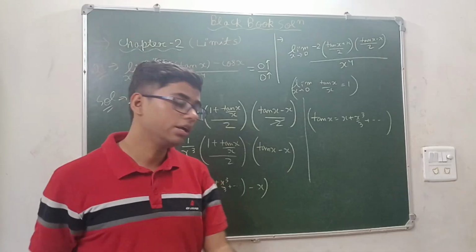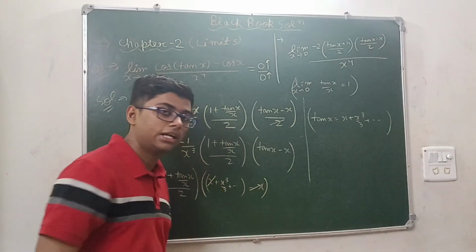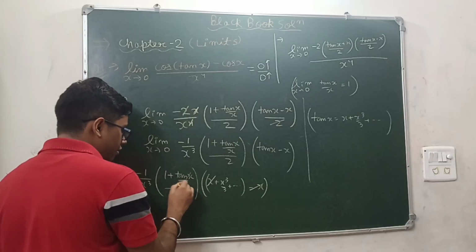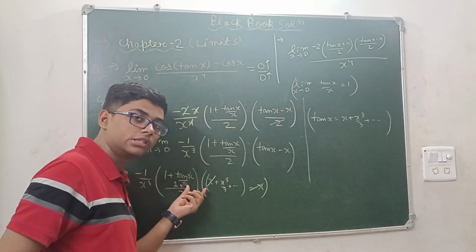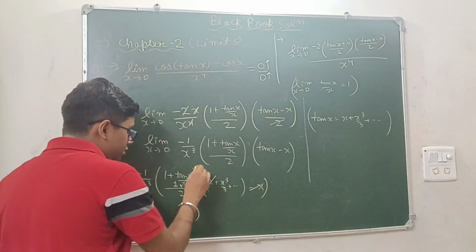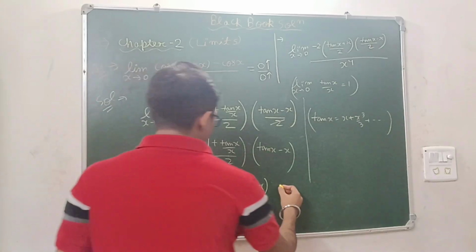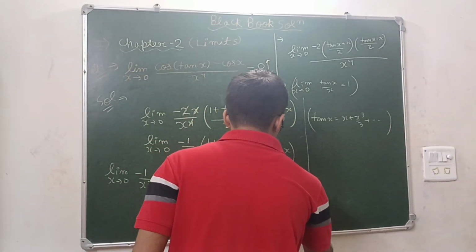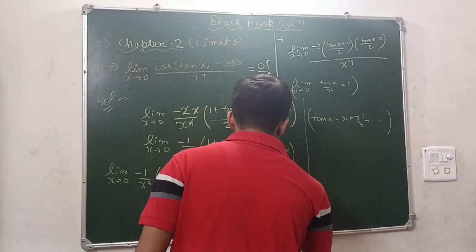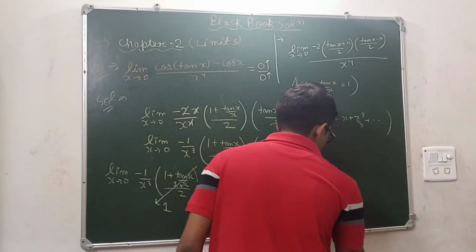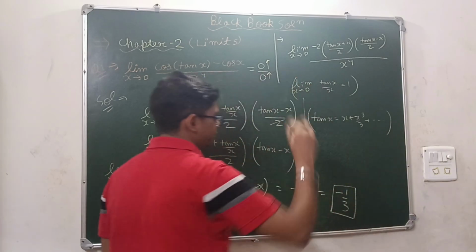Okay. Now these x will be cancelled, and if you substitute x tends to 0, tan x by x is 1, and 1 plus 1 is 2, means this whole will also become 1 because 2 and 2 cancel. Okay. You are left with simply what? Minus x cube upon 3x cube. X cube and x cube cancel. Your answer for this question is minus 1 by 3.